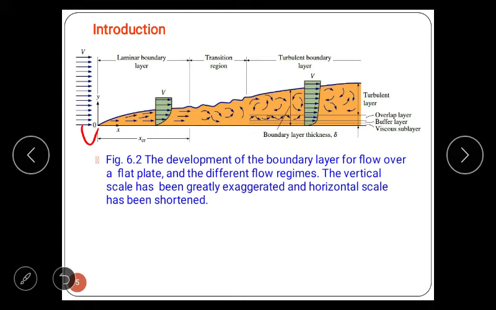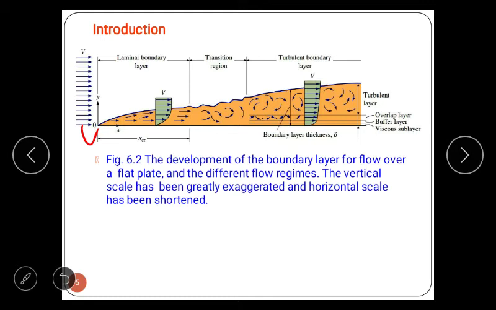Now first let's discuss the effects of boundary layer. There are two effects of boundary layer. The first effect is that the boundary layer adds to the effective thickness of the body through the displacement thickness, hence an increase in pressure drag. We will discuss drag further. The second effect is that the shear force at the boundary surface creates skin friction.